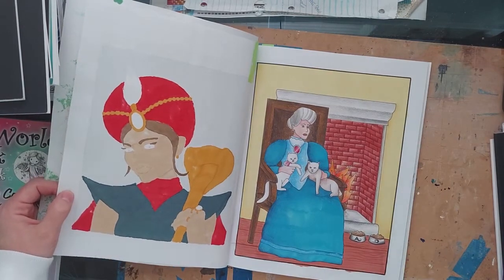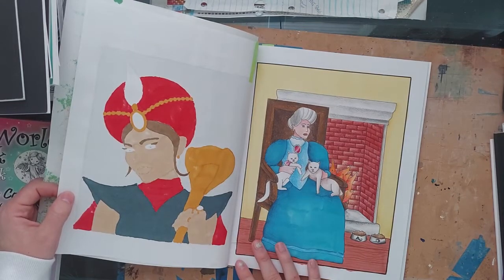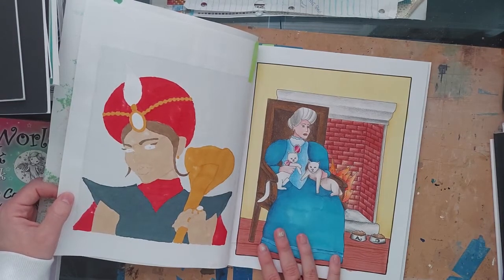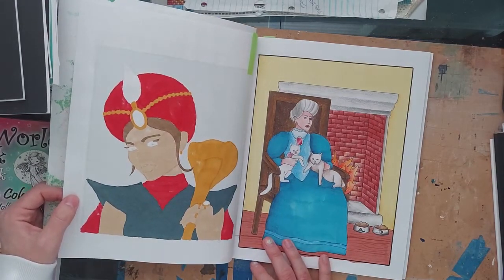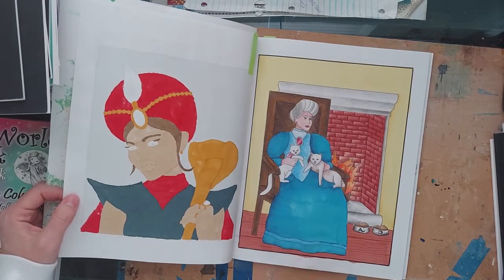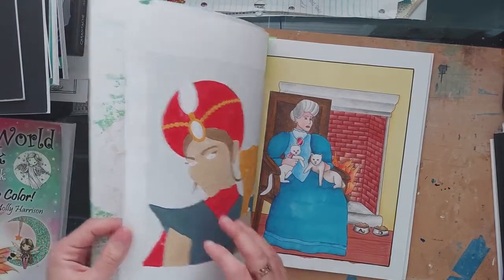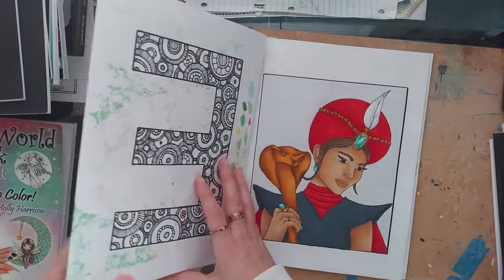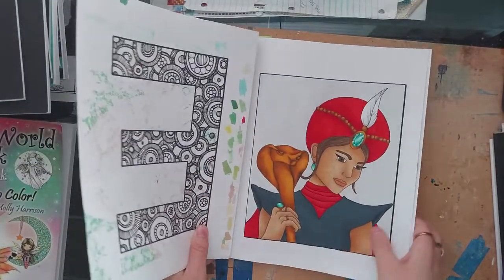And I'm really glad that I have two of each picture in here because I really want to redo this page. I do not like how I did this page at all. So I'm glad that I can redo it because I know I can do better. And then this year I did this Aladdin